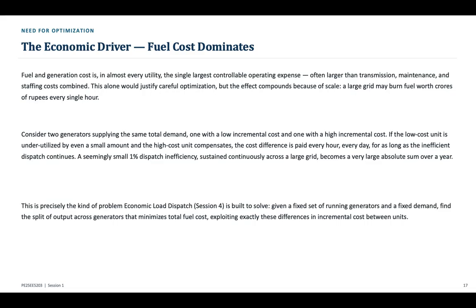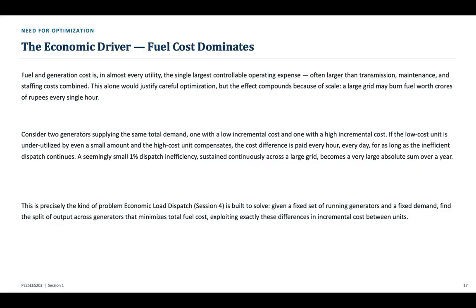So, fuel and generation cost is in almost every utility the single largest controllable operating expense, often larger than transmission, maintenance, and staffing cost combined. This alone would justify careful optimization. But the effect compounds because of the scale. Larger grids may burn more fuel